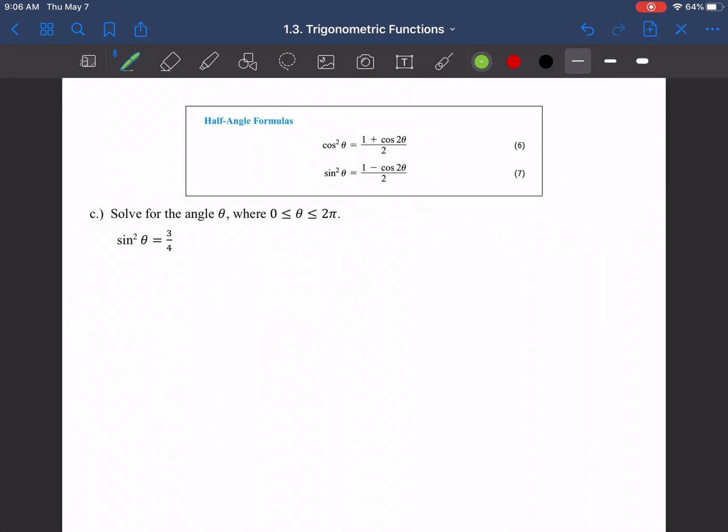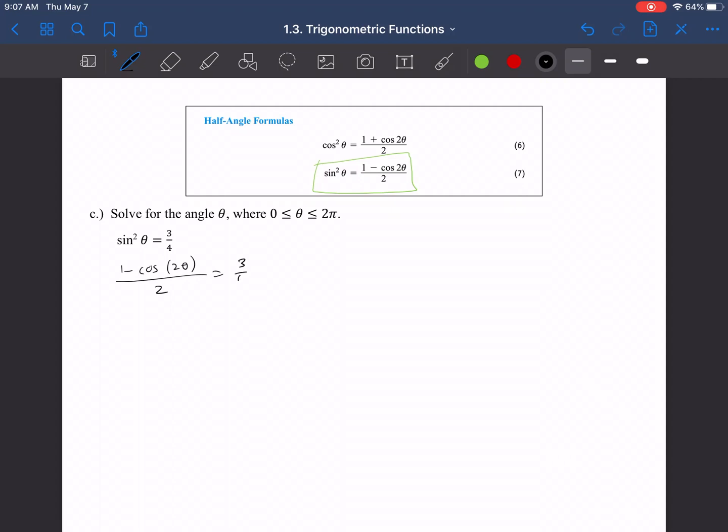Next one is the half angle formulas. What this allows you to do is take something that has a square in it and reduce it down to something that doesn't have a square in it. So here we have sine squared theta equals 3/4. Well, what we can do is replace that sine squared right here with this, all right? See that? And so we can write this as 1 minus cosine of 2 theta over 2